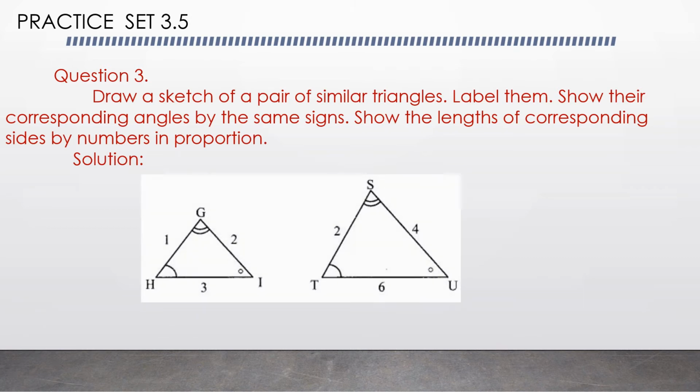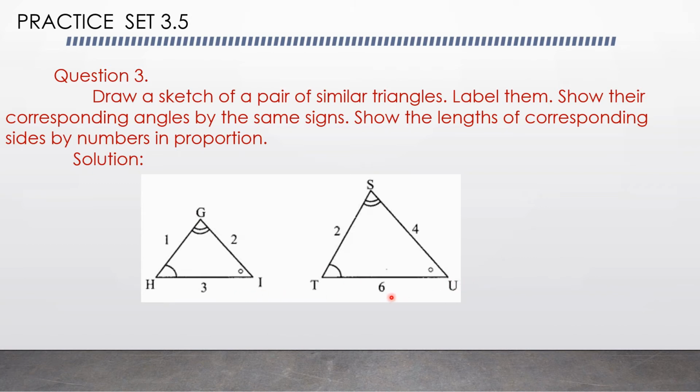Here triangle GHI and triangle STU. In triangle GHI and triangle STU, angle G is congruent to angle S, angle H is congruent to angle T, and angle I is congruent to angle U. And the corresponding sides, that is GH upon ST is equal to 1 divided by 2, and GI upon SU is equal to 2 upon 4, and HI upon TU is equal to 3 upon 6,